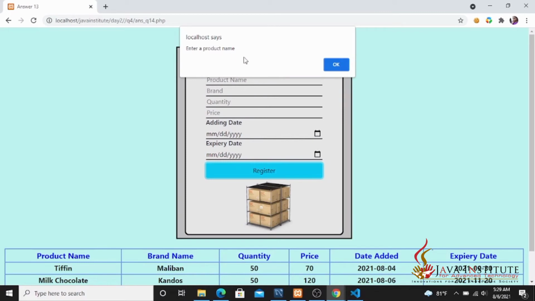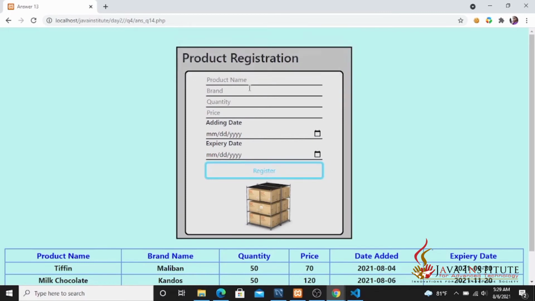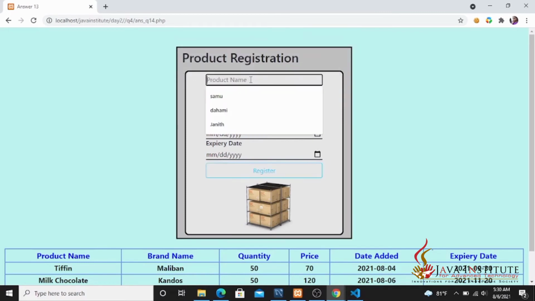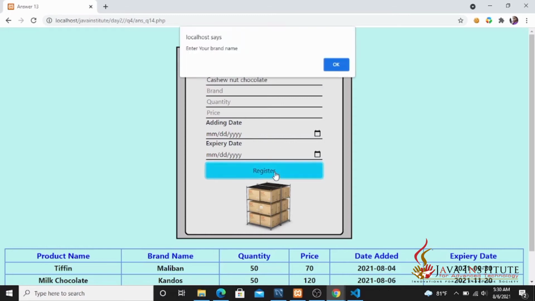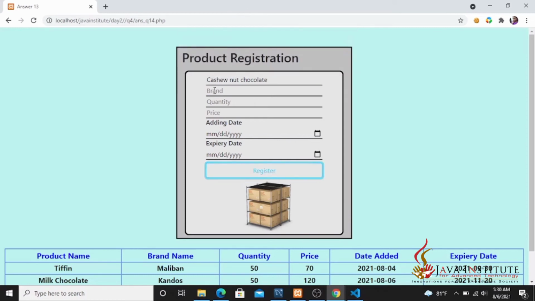I am going to register without entering the product name, so I have to enter the product name here as cashew nut chocolate. Then I'm going to register. Then I have to enter the brand name also. So I am entering the brand name as Dairy Milk.